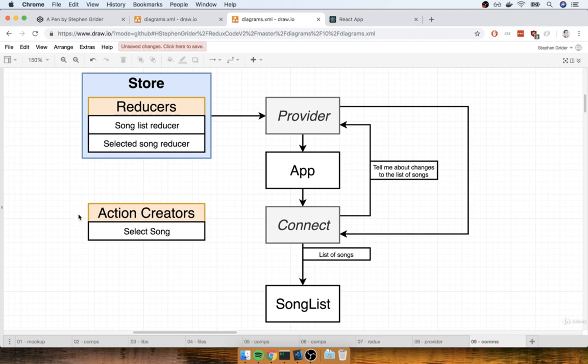But remember, we've also got these action creators as well. The action creators are not stored in any way inside of our store. Instead, we call an action creator, we take the action that gets returned, and we send it into the store.dispatch function. Remember, that's how we change data in the Redux side of our application. Now, once we start making use of React Redux, that flow is going to change just a tiny, tiny little bit.